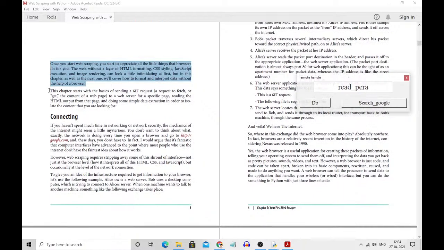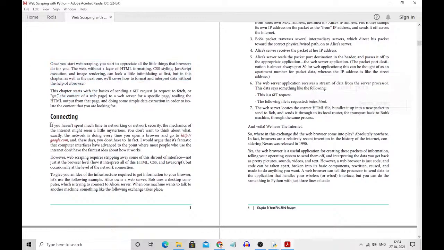In this chapter, I start with the basics of sending a GET request, a request to fetch data. If you haven't spent much time in networking and internet security mechanisms, written in Python it may seem a little mysterious. You don't want to think about that exactly, www.google.com. These days, you don't have to. In fact,